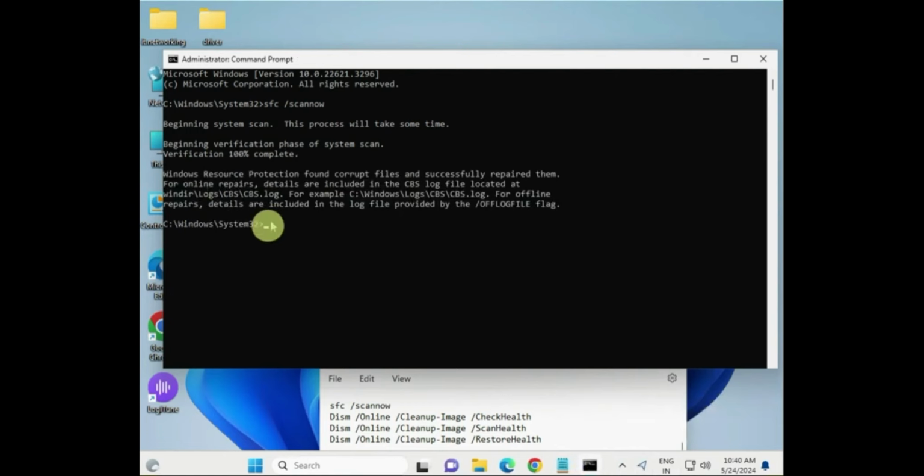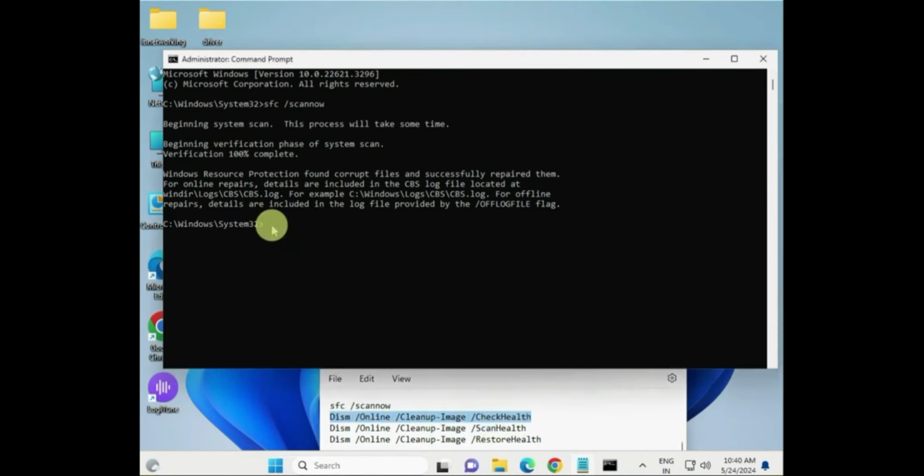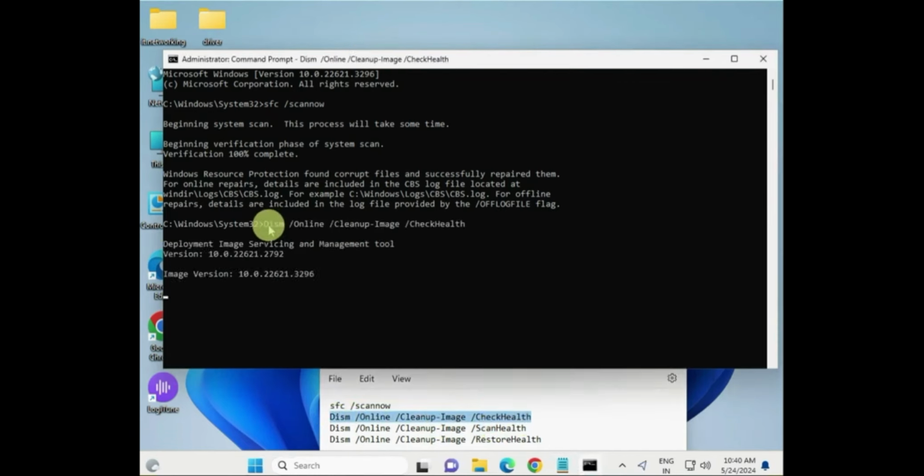Then the first one is completed. Then copy the second command, and you can type it manually if copy-paste does not work. Then type it and hit enter. Okay.